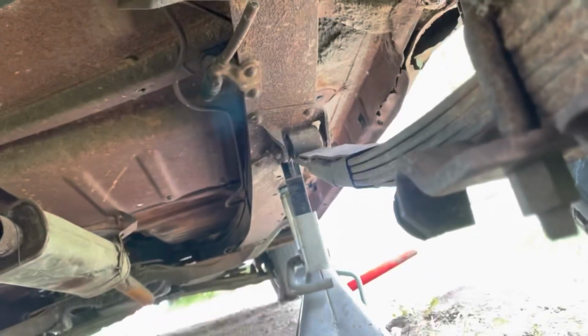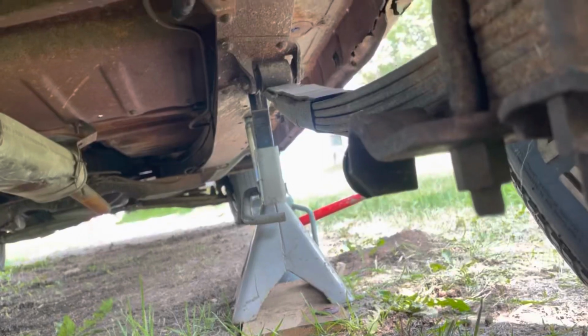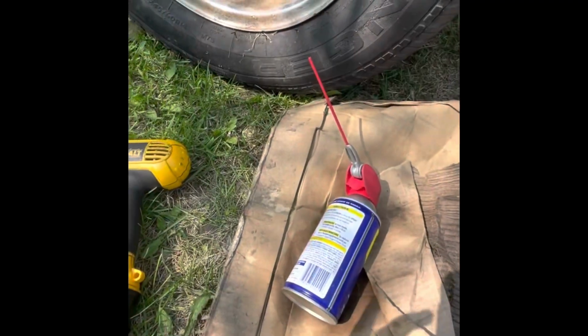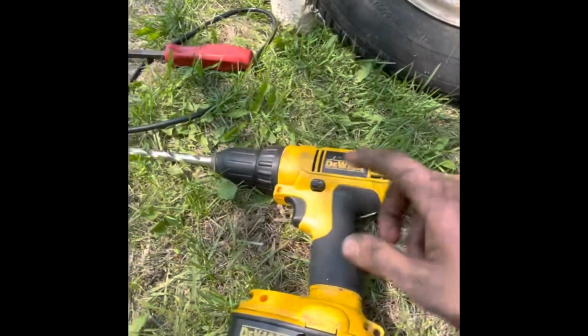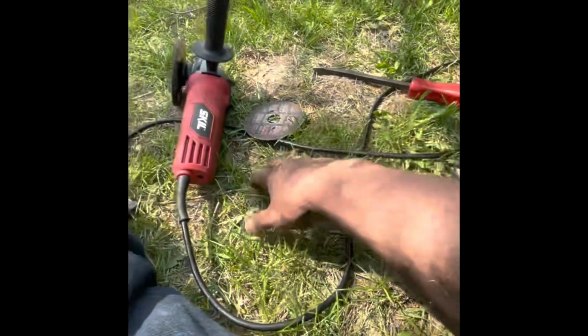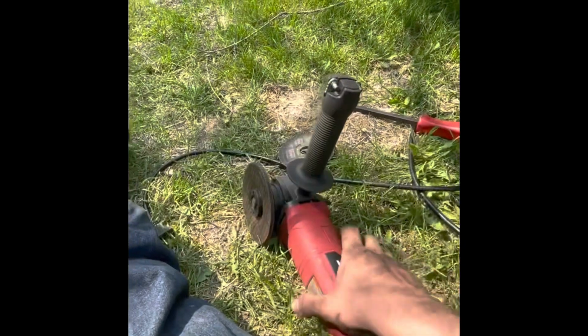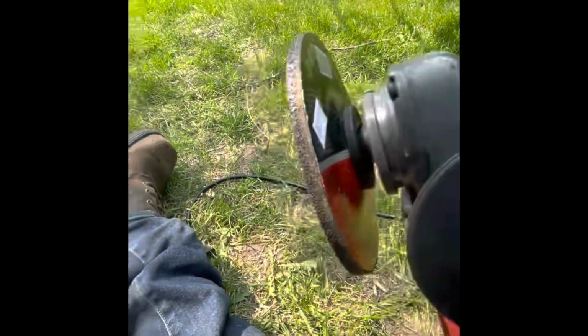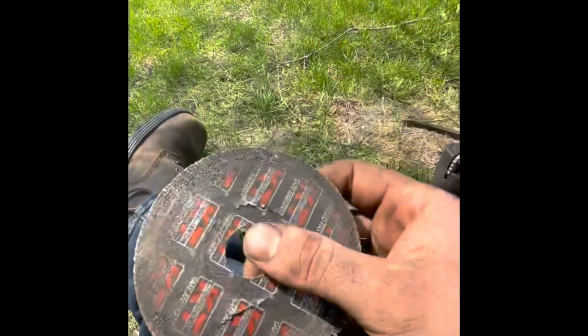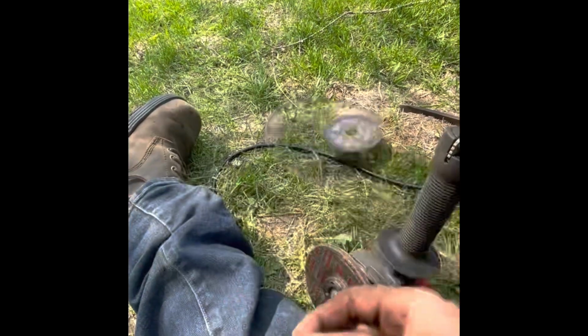So I got the shock out. I just got the stud on there yet to take off and drill a hole in there. Put the other through bolt and bushing in, and we should be good. What I used was WD-40 for cutting fluid, my DeWalt 1/2-inch metal bit, pry bar, and I used my grinder. I got a grinding disc on here, but then I got a cutting disc that's almost completely gone. I just got this today, but anywho,